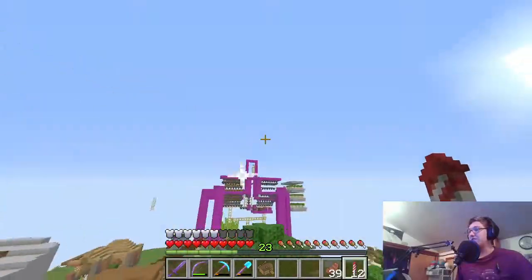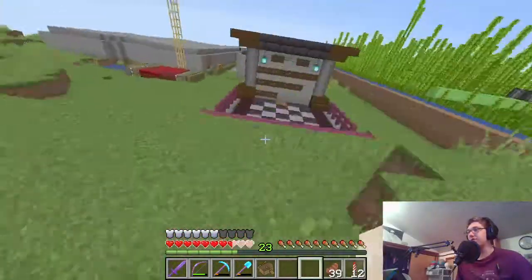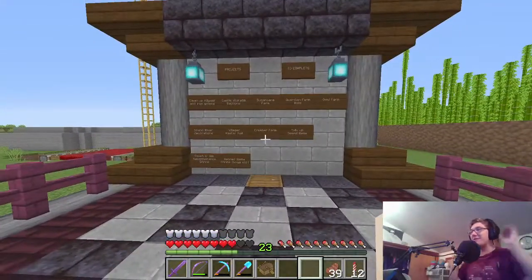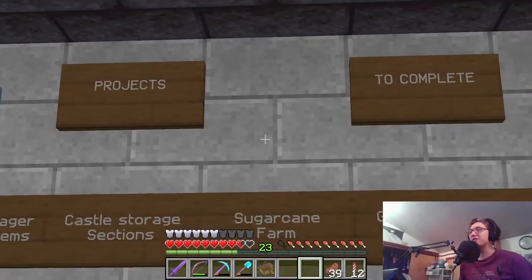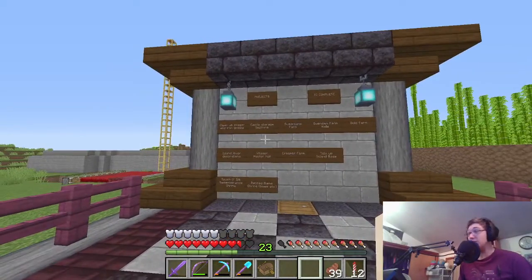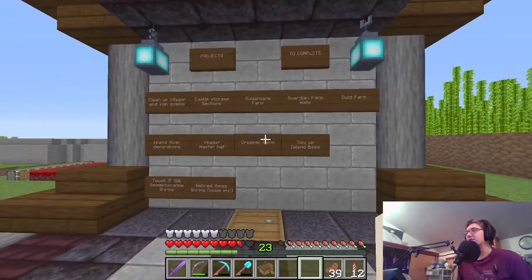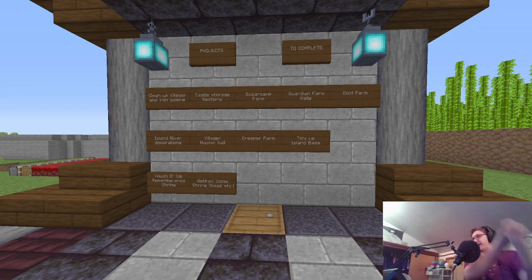So that's the sugarcane farm, and it will be linked with another project that I will show at the very end of the video. This is something that I made basically for myself. You can see up there it says projects to complete, and as you can see we've got an almost full board. All of these are projects that will be coming up soon. You know, we've got to clean up villagers, evil castle, sugarcane farm, you can see that's up there,